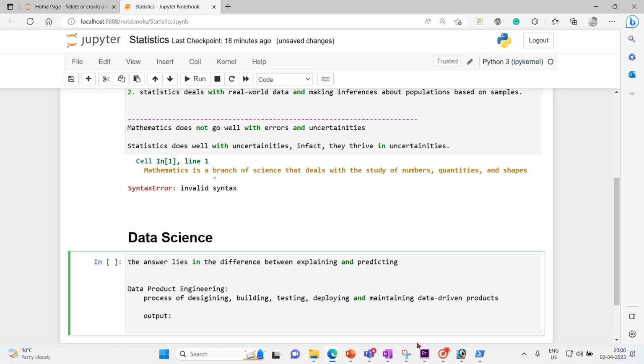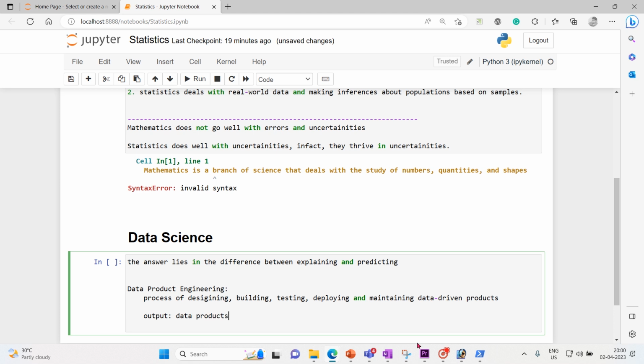Similarly, what's the end goal of data product engineering? The output would be data products.